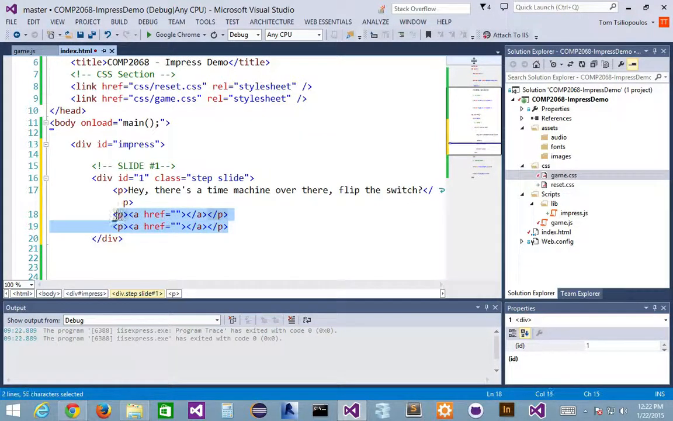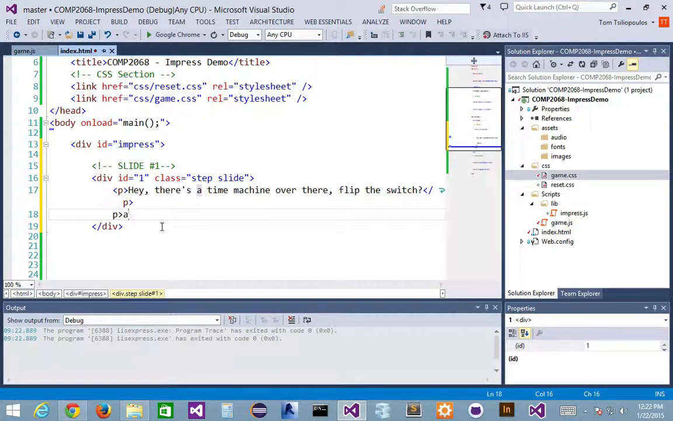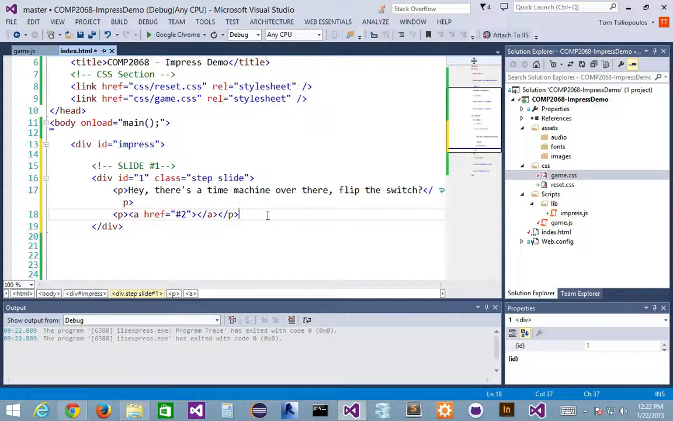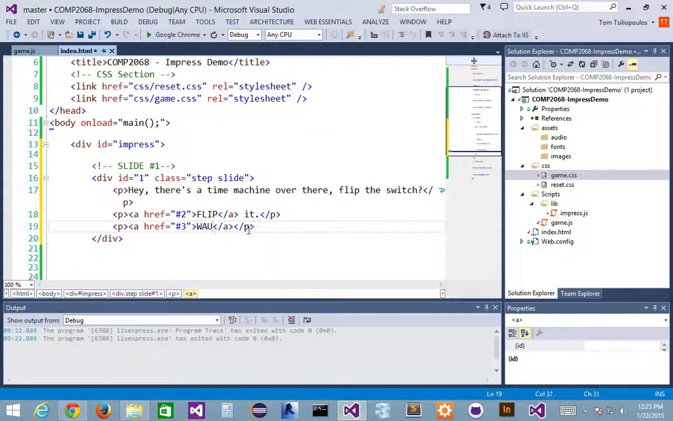So I'll do that again for you. Watch. Just because you're curious, P greater than A, tab. Number 2. I'll do that again, and then I'll paste it in there, and then it'll be 3. Inside there, I'm going to go flip it, right? And the other one will be wait